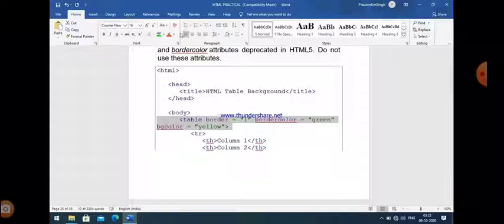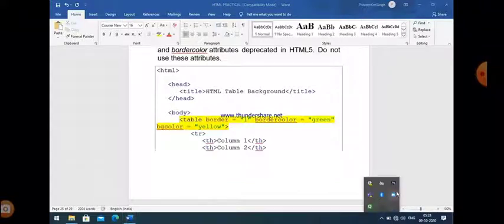So code is basically the same as that of the previous one, but here we just use bordercolor and bgcolor attributes. Bordercolor attribute is defined to define the border color of a table, and bgcolor is defined to set the background color of a table. The background color of a table is yellow and border color is green. And next, all the coding is the same as that of the previous one. We just declare tr, th, td. These tags are declared to define the table content.